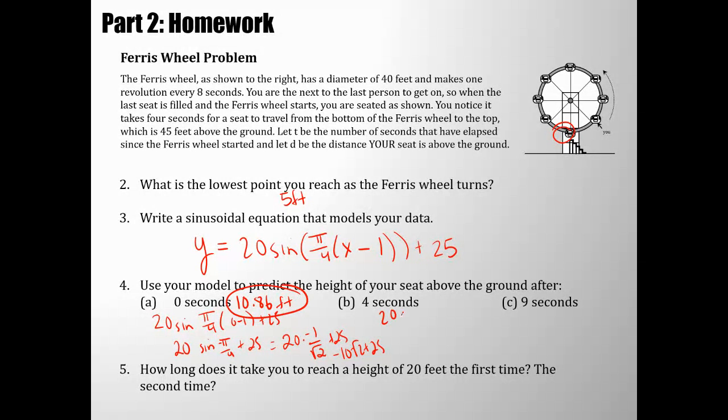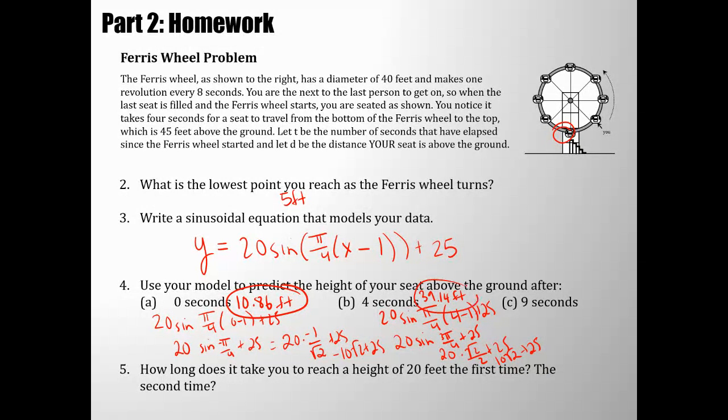What about at 4 seconds? 20 sine of pi over 4 times 4 minus 1 plus 25. These were the ones we kind of just figured out before. 20 sine of 3 pi over 4 plus 25. Well, 3 pi over 4 is positive root 2 over 2. I don't know why I'm switching back and forth between them, but that's fine. It's good to recognize both. So 10 root 2 plus 25, which is 39.14